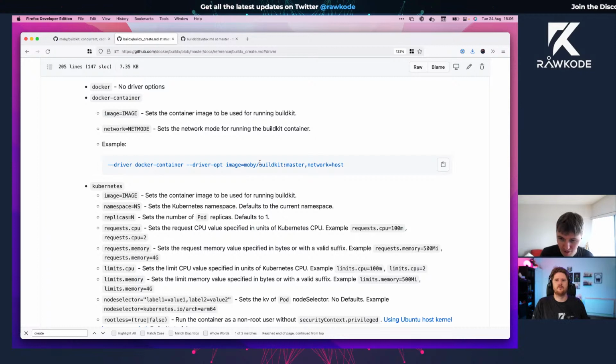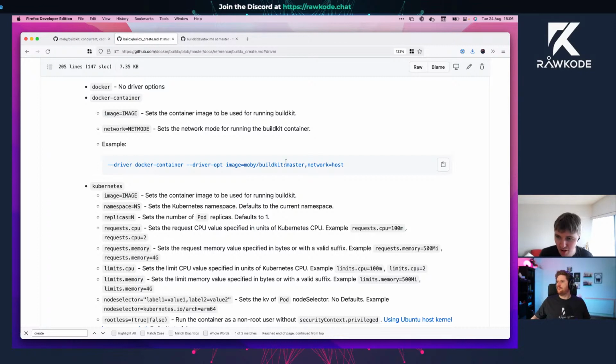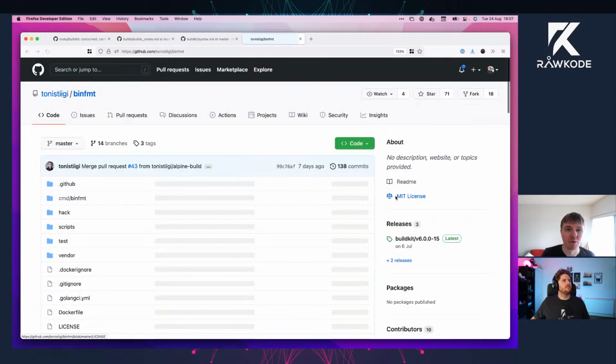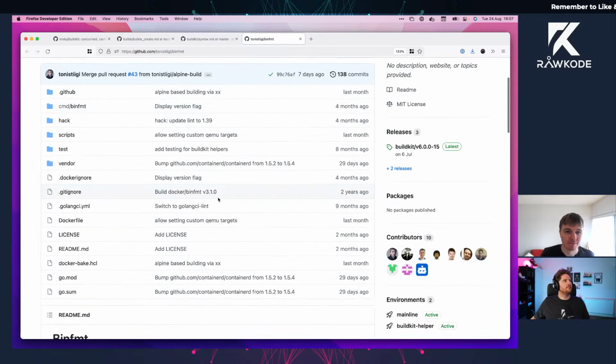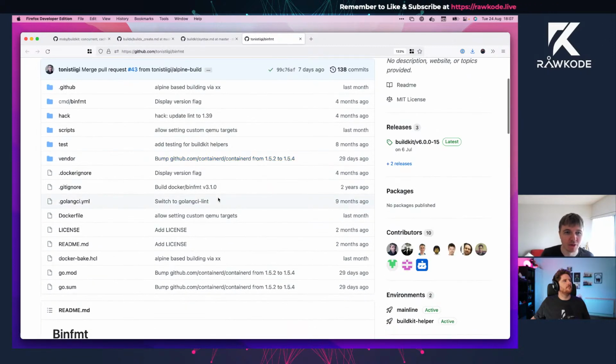If you're not in the same system, then you actually need to do one more step. I'm copying you the link. You need to actually load the emulators. So if you go to that link, you can see how you would set up those emulators if you don't have them in the system. And it's very simple. It's just a Docker image. So if you scroll down a bit,